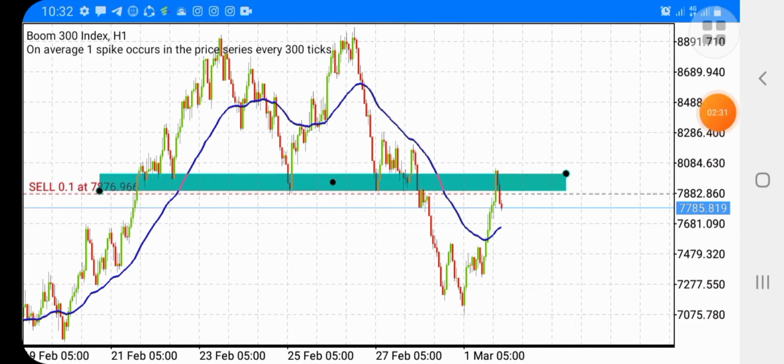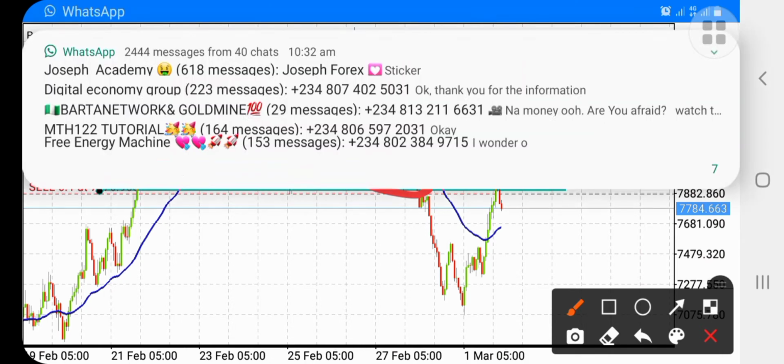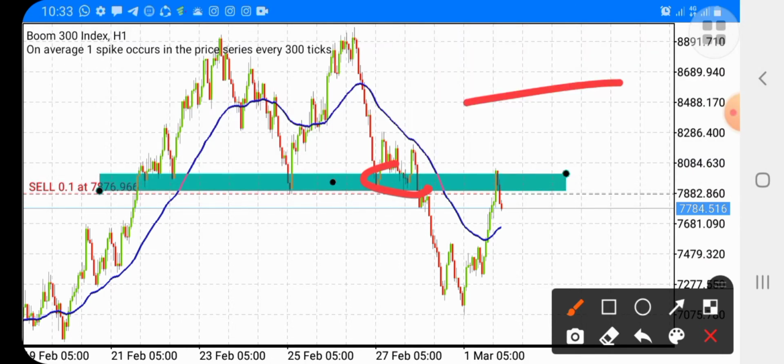First and foremost, we are going to wait for what we call a retest of the break. So this place is broken, right? This zone is broken. Okay, so what do we expect? We are going to wait for the market to come back to that broken zone. Okay, we call it a breaker, right? We call it a breaker because